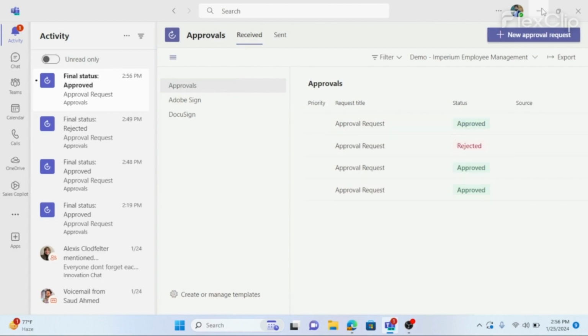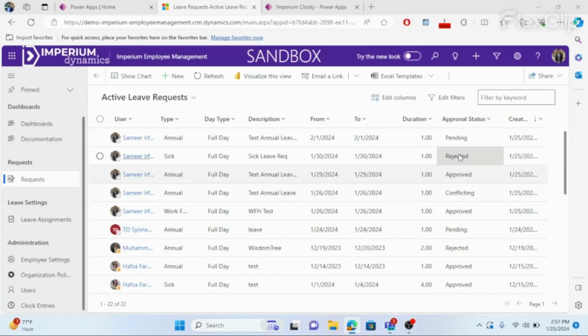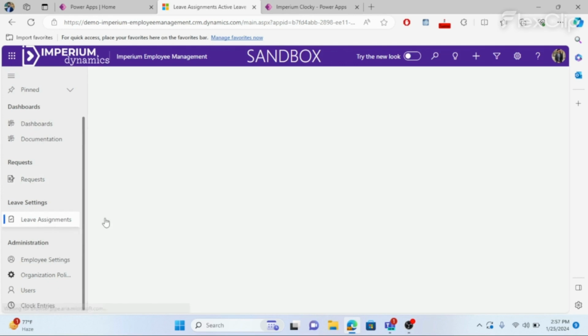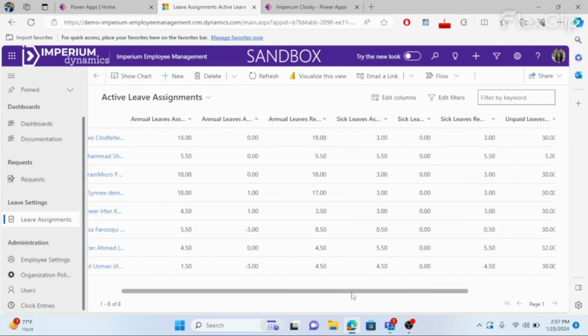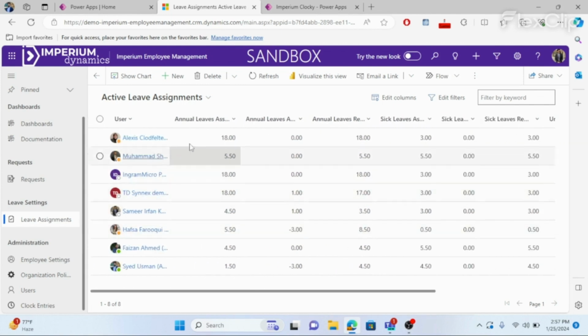So I've approved this request. Now we'll refresh to see whether this request is approved. Yes, this request has been approved. Now I'll go to the leave assignments to see whether the deduction of the leave assignments has been done successfully. So yes, Samir has availed 1 annual leave, as you can see, and it has been deducted from the leave assignments that